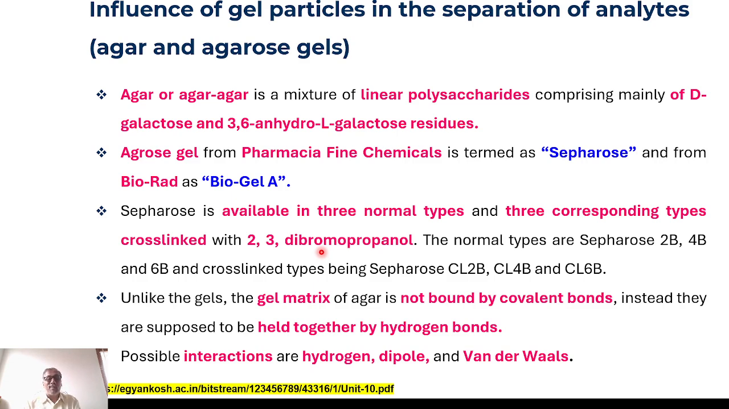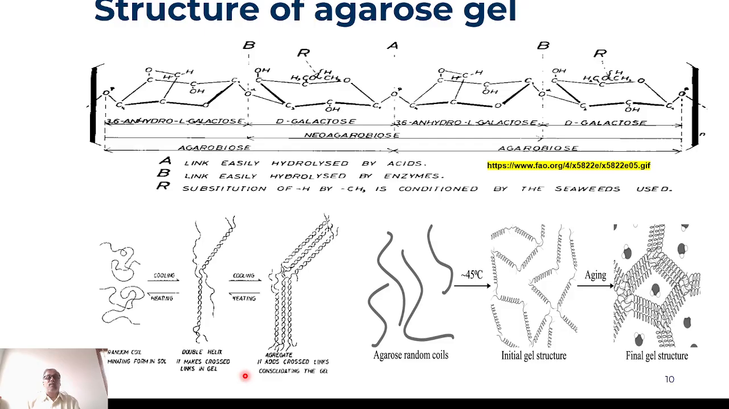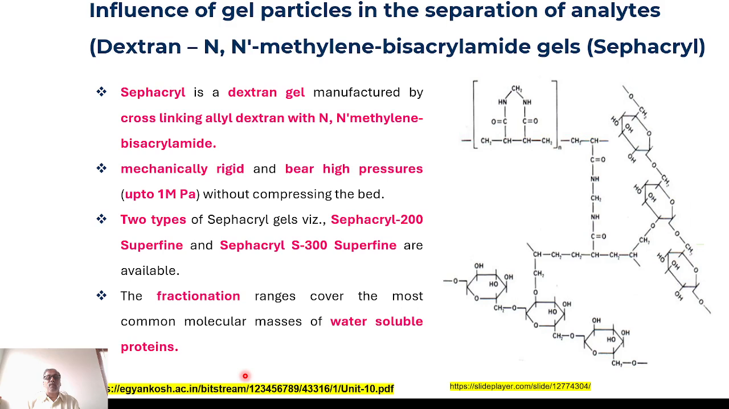The phenomenon is the same. Again here, if you want to swell the gel, you have to slightly soak it and you can prepare it, right? The possible interactions are hydrogen, dipole and van der Waals. Now here you can see the architecture of the agarose gel. And again there is another type of special gel. It is a mixture of dextran and N,N'-methylene bisacrylamide. It is actually termed as